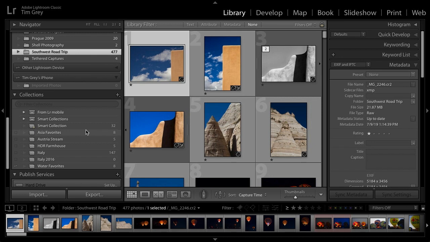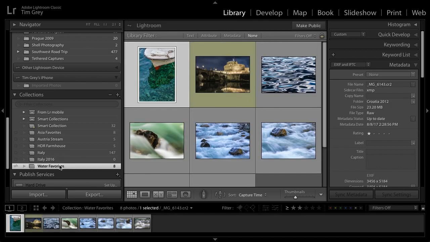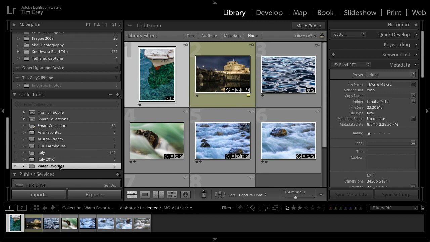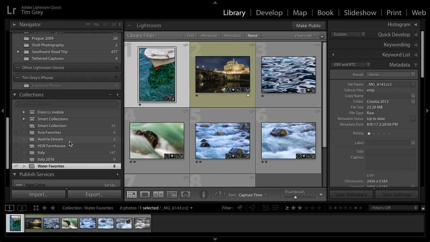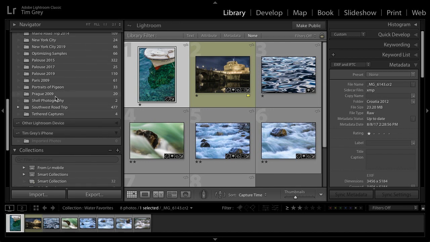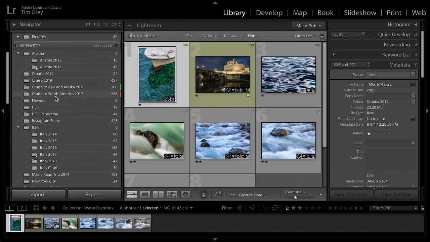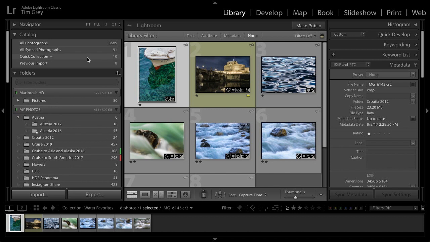I don't need access to all of my photos on my iPhone, for example, all the time. I want to synchronize just some favorites, some photos that I might want to share with others, or project-based photos, or whatever the case might be. I'd rather manage all of my storage locally. The catalog I'm using here, of course, is not my real catalog. It's a demo catalog. It's got less than 4,000 photos. My actual catalog has over 400,000 photos in it,